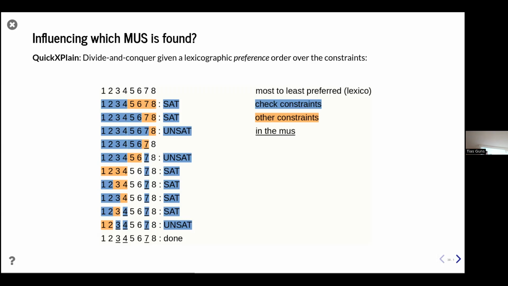It guarantees that it will only use a constraint if there exists no MUS without that constraint. So the MUS that you get says that there is no MUS without a 7 or an 8. Within your preference, you really need that least preferred one, and if you have that one, then the second least preferred one that you need is this one. You really can't avoid that. And it is unique now because of this technical